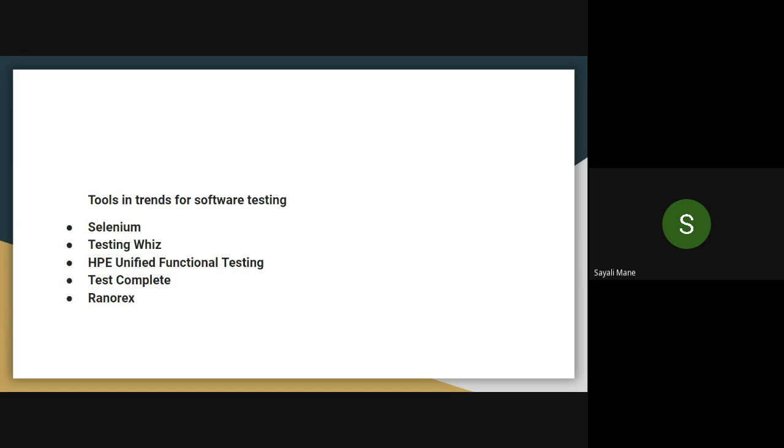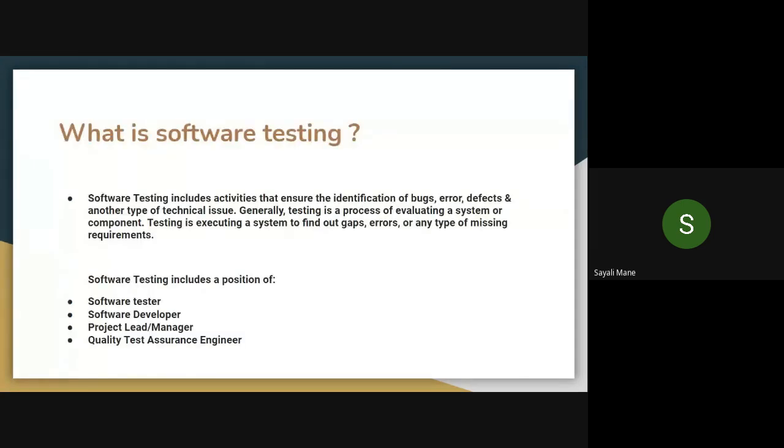Any doubt till now? What is software testing and the tools of software testing? Do you want to read this slide? Just read the definition of software testing, because it's very important. The external will ask you only small definitions. What is software testing? Then what is Selenium? He will not straight away ask you the aim of the experiments, but you should know it. Just have a look, see the definition carefully, read it, and see the positions which are there in the company.